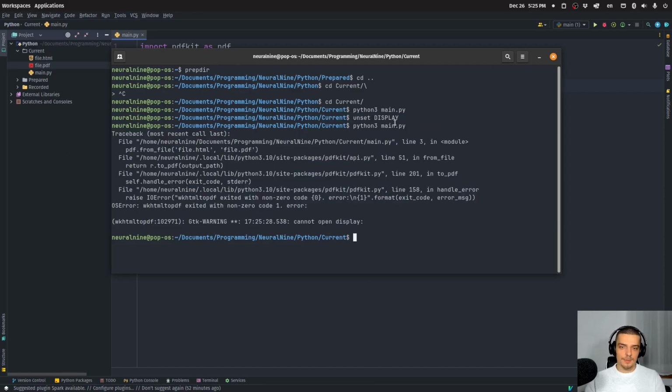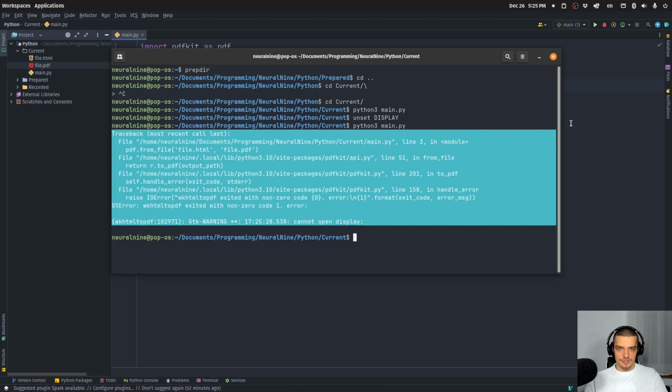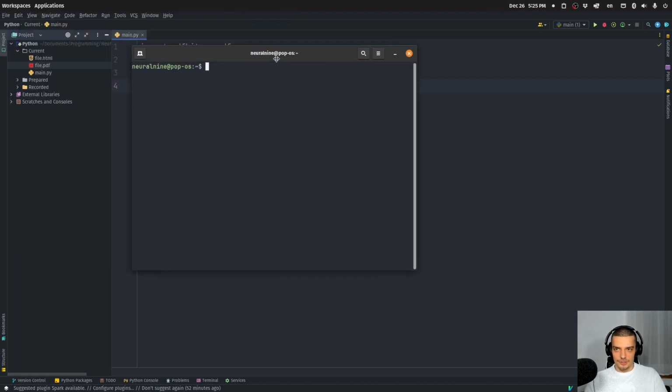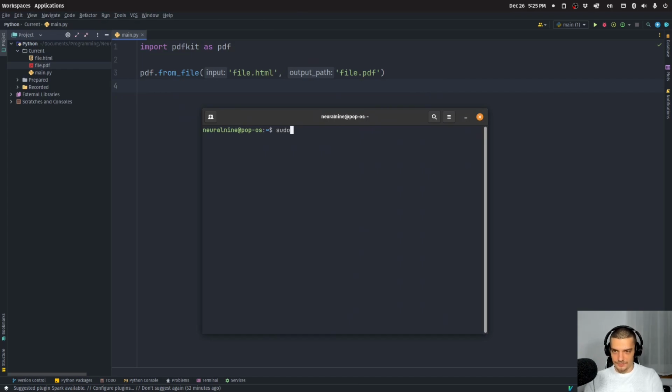So I might have a web application running on a server, and on this server I might have a button in the application that should convert something to a PDF. It will fail because it cannot open a display on the server. A very simple workaround here is to just use a so-called virtual display. And what you need to do for that is first of all install a package here again, sudo apt install on Debian-based distributions,